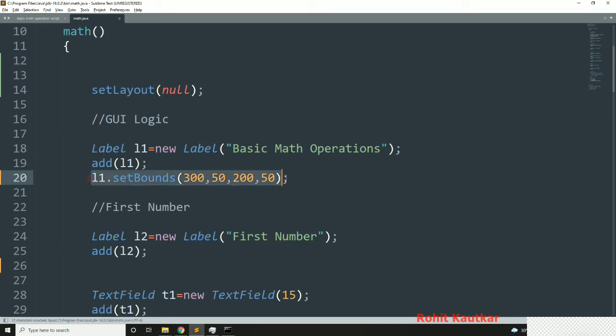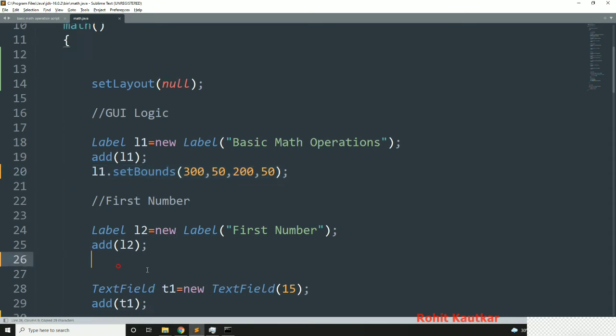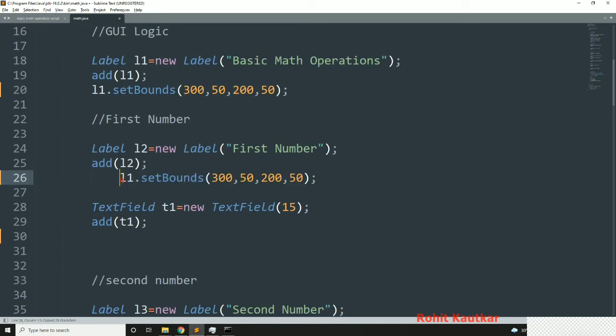Now next to this we will try to arrange the first number label. So here we will make L2, and let's say x will be 50, y will be 100, its width will be 200, and its height will be 30.